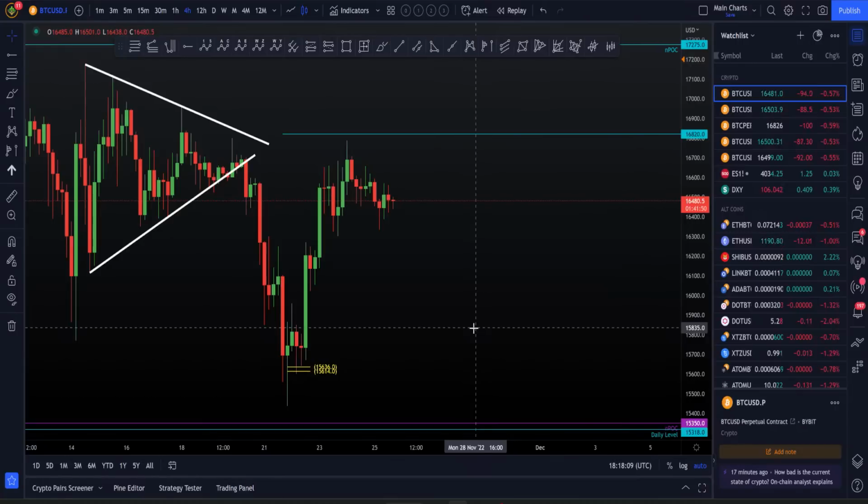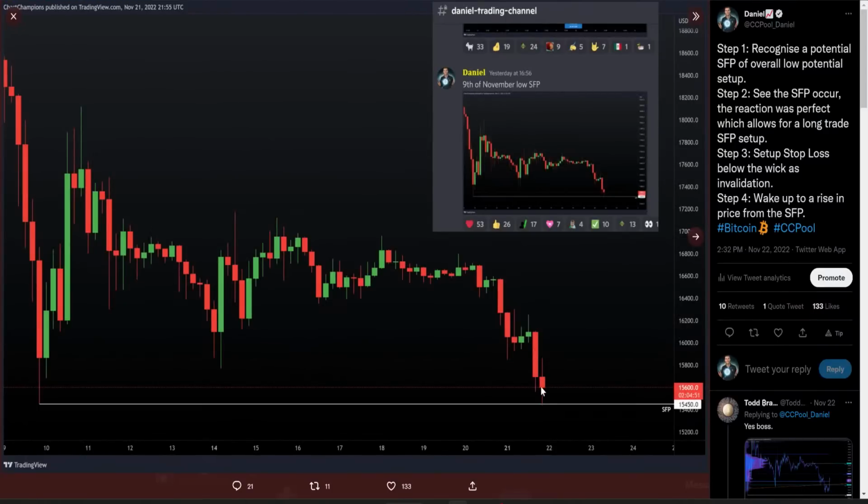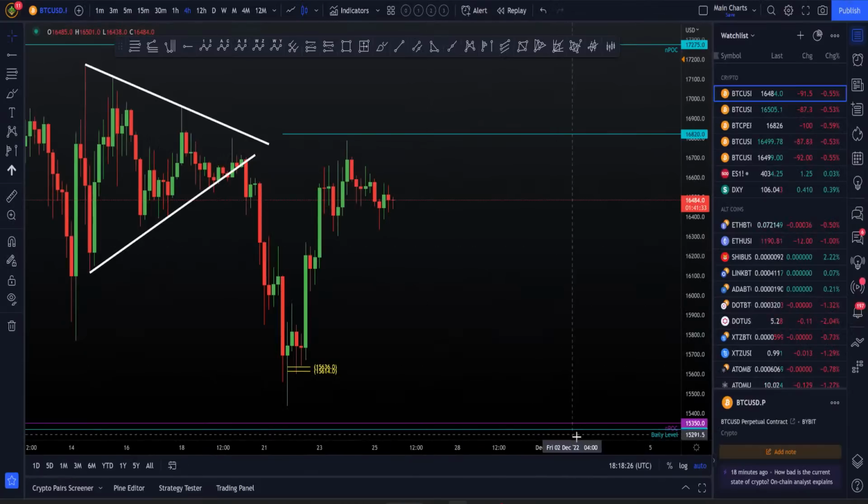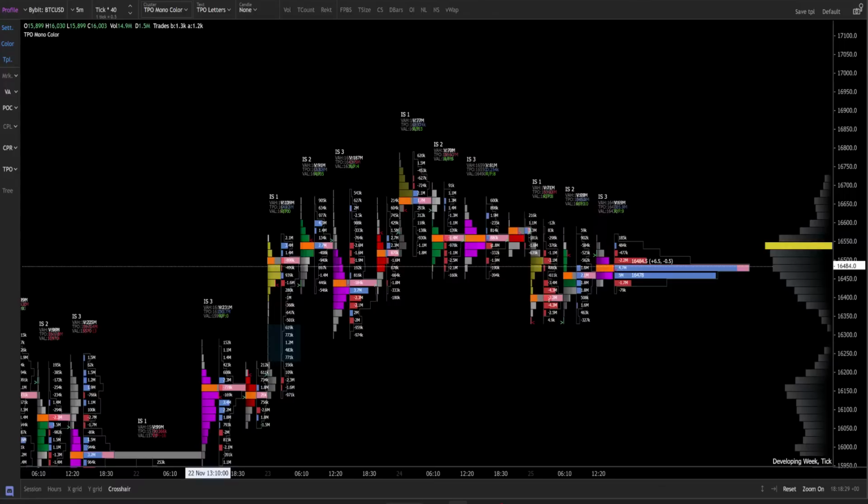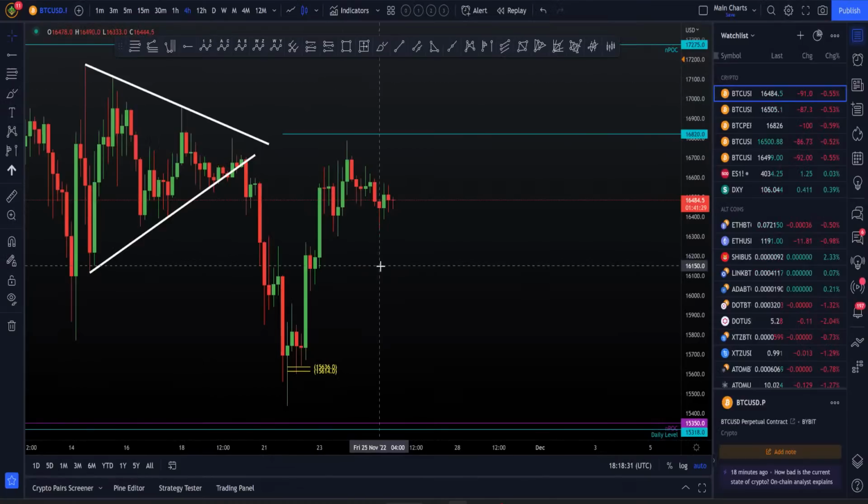As professional traders, we trade in probabilities. There's always a probability. Our probability with this swing failure pattern was that we could have gone down lower, so we needed to wait to see the reaction. If we see a swing failure pattern, there's a high probability long trade. If we had gone straight through the level, we next had a high probability long off of this zone. But we do not know if price is going to go down or up next. We have only probabilities of our levels that we react to. Thus, I could say there's a 50-50 probability whether we come up to this level next or we drop.